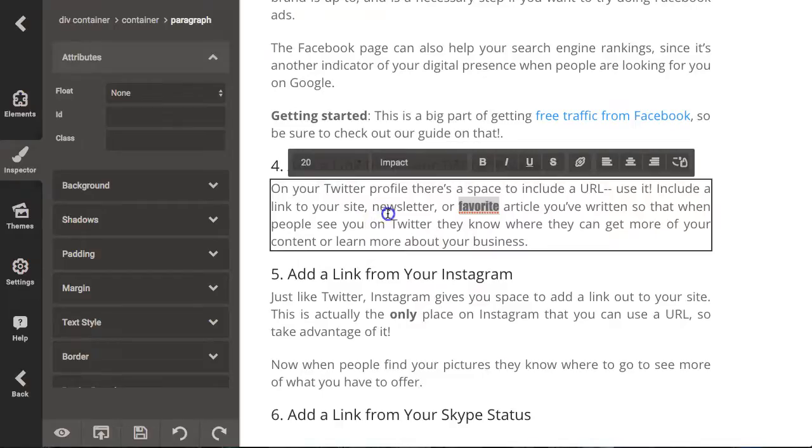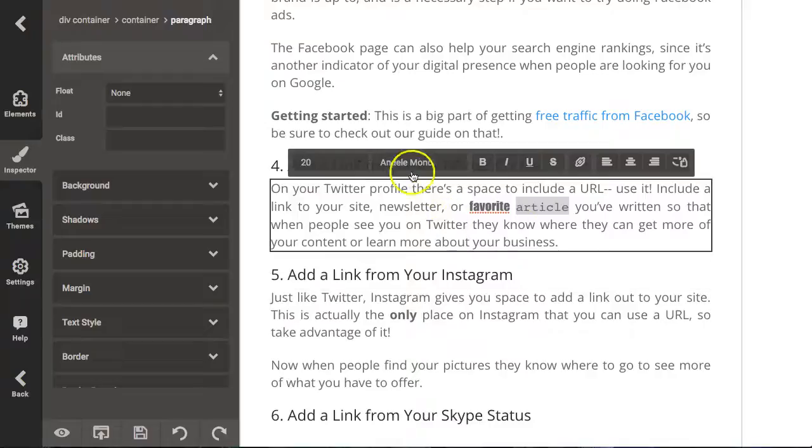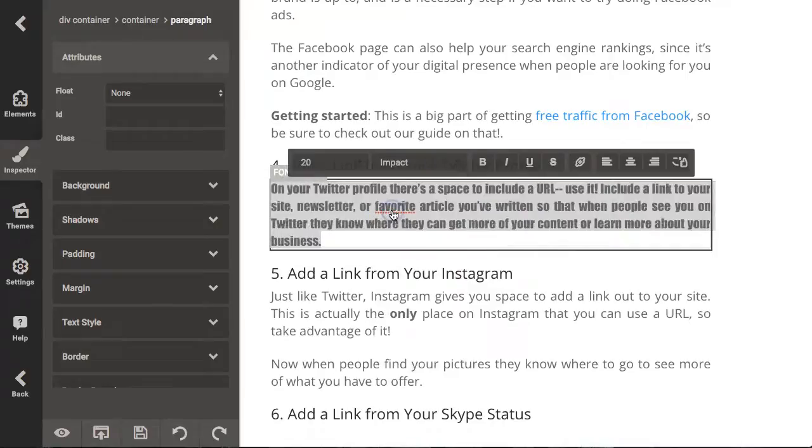If I select this to impact, and we select article, and I'll make that something like this one, mono, then essentially I've got 3 fonts in here now. Okay, so if I want to change everything to impact,